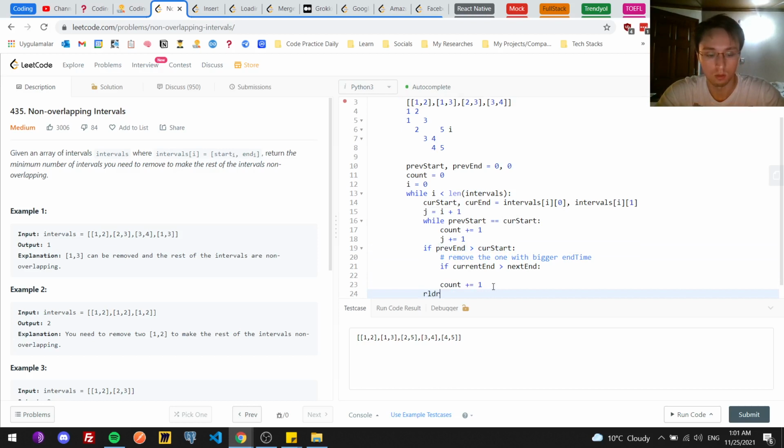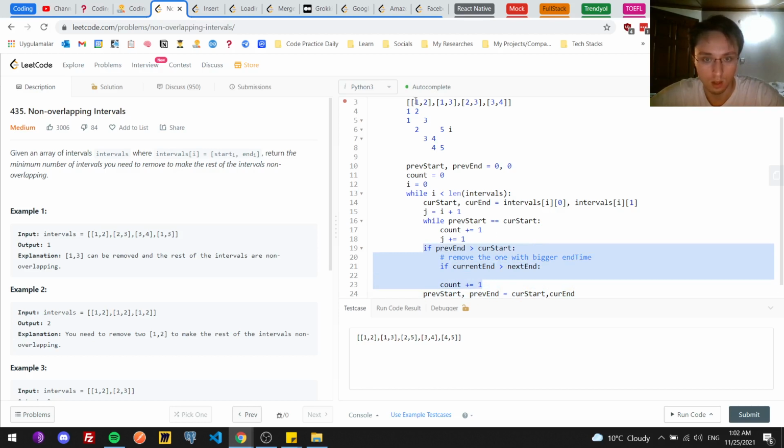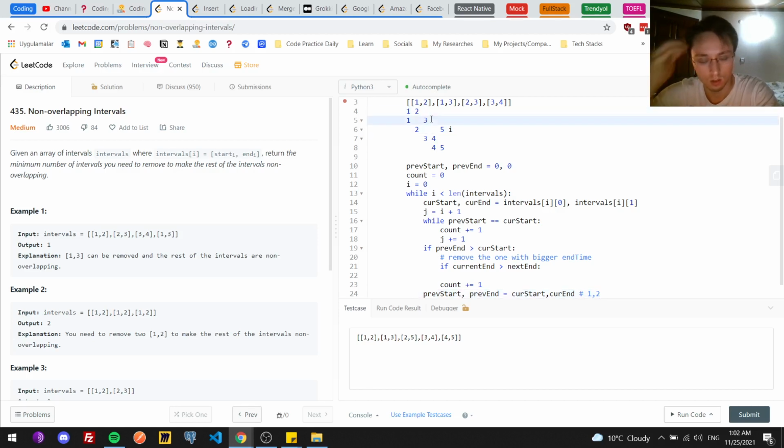But I have to. Actually, I'm changing the previous at the end. So my previous start, previous end should be equal to current start and current end. Just change them like this when I don't go in this. So my previous is now, if they will become 1 and 2, maybe let's make it like that. Right, so here I remove the bigger one,